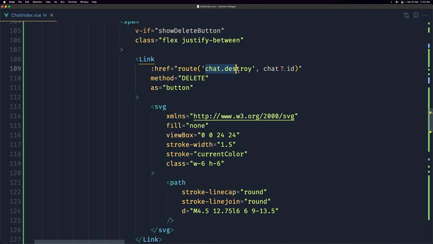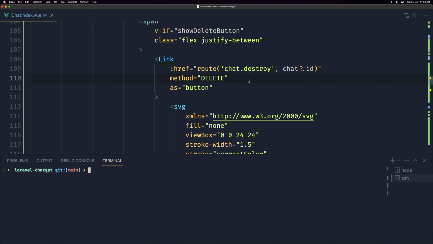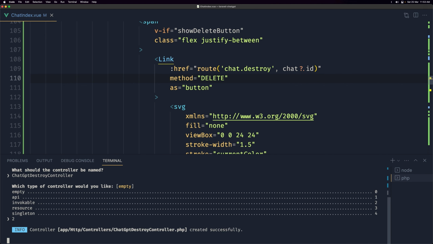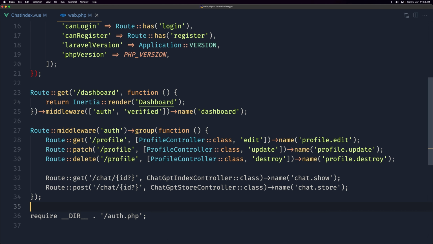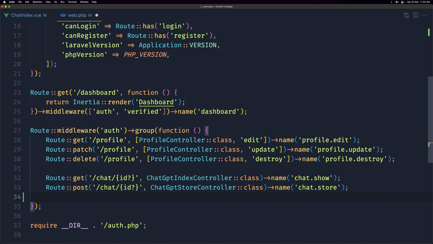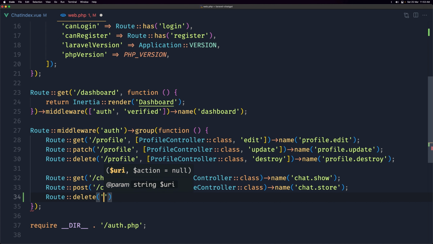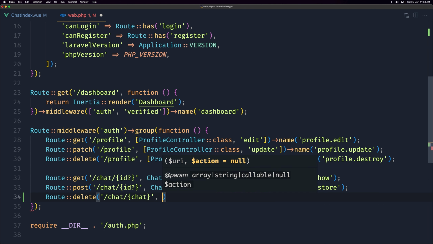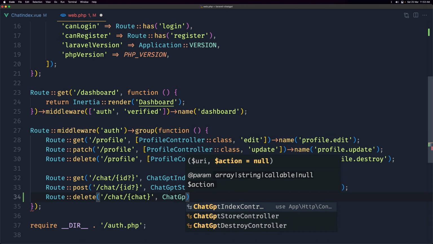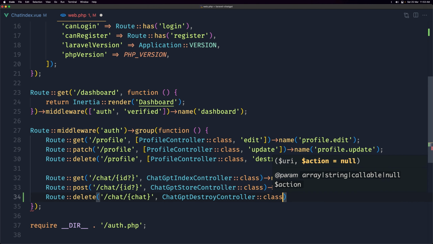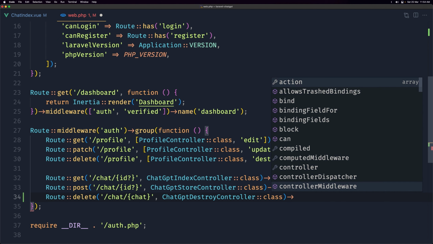Okay, now we need to create the chat destroy, but before that, let's open the terminal and say artisan make controller. Hit enter. Let's give it a name, and I'm going to say ChatGPTDestroyController, and let's select invocable, and let's open the web routes and create the destroy route here with that controller we created. So let's say Route, and the route method is going to be delete, pass in here /chat/ and I'm going to use the route model binding here. Let's say chat, and here use that ChatGPTDestroyController we created right now. Say class here and give it the name,